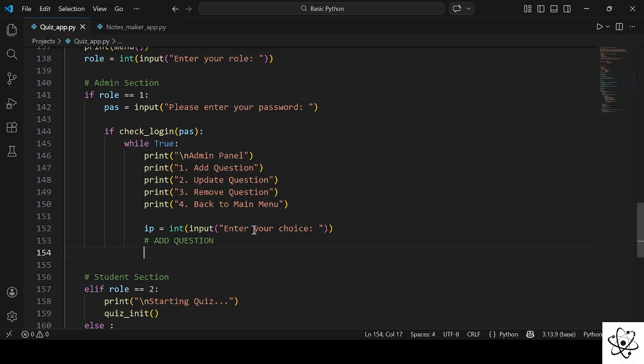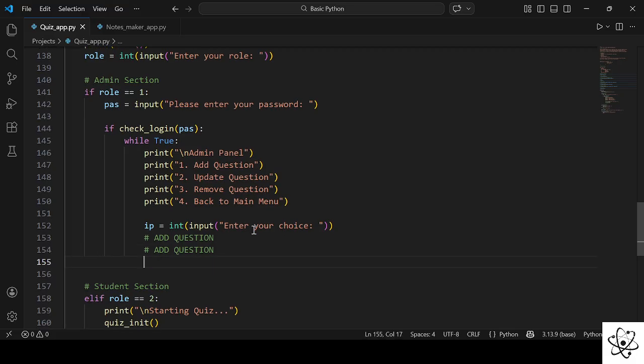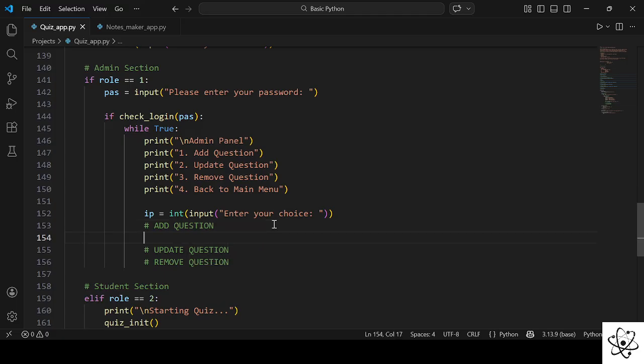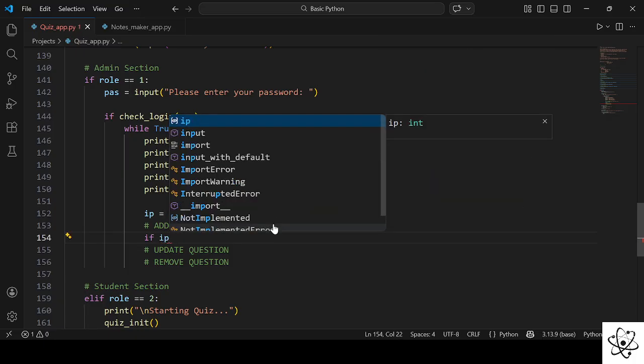The next thing we can do is updation. The next thing we can do is removal. And is there anything else that we can do? Mm, yeah, that's all we need. So add, update, and remove. So these are the three options that we need to do, and we are just going to do